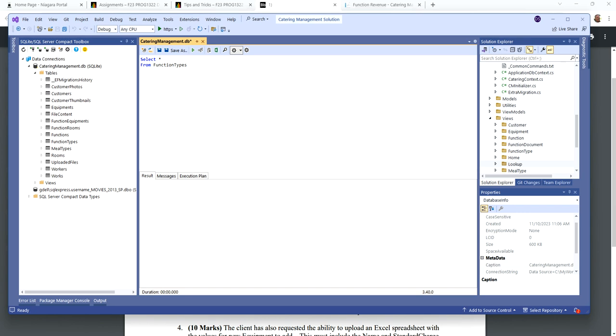Now, here's where we have the advantage that we can do outer joins. Do you remember the difference between a left join and a right join? Kind of a tongue-in-cheek question, because there really is no difference. The difference is which table you're referring to, the one on the left or the one on the right. That's all it is. I'll give it an alias of T for function type, and then I'm going to say left join